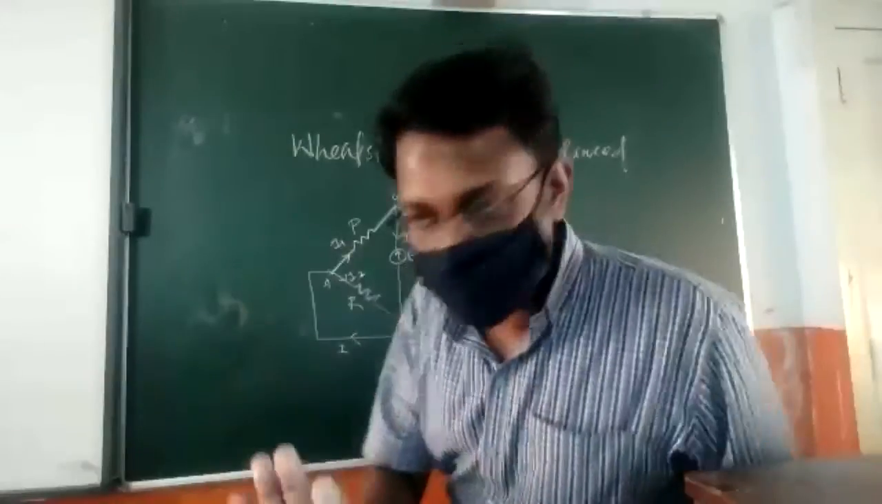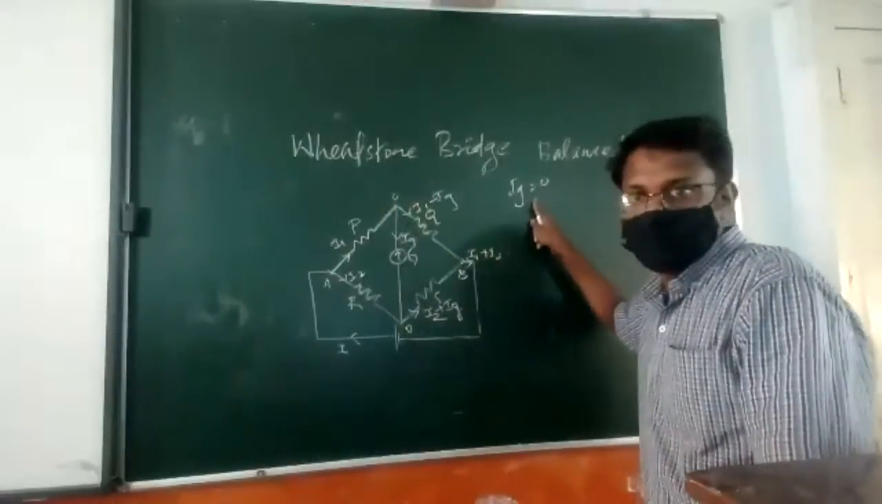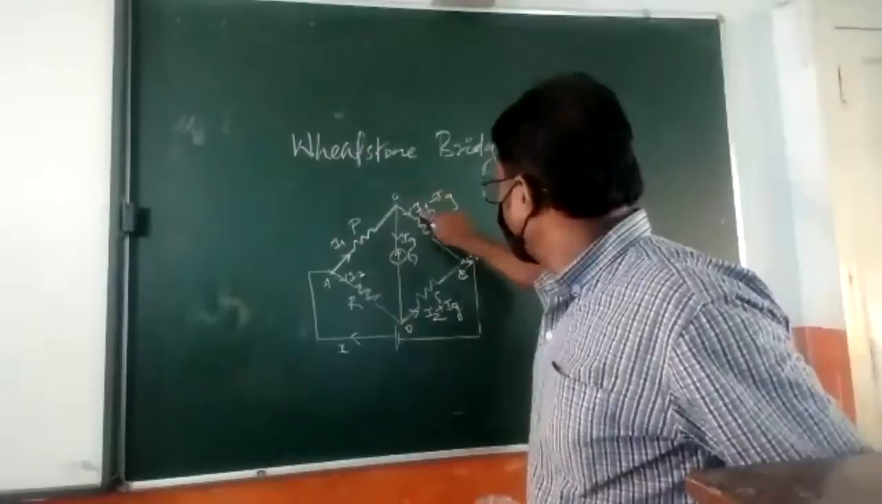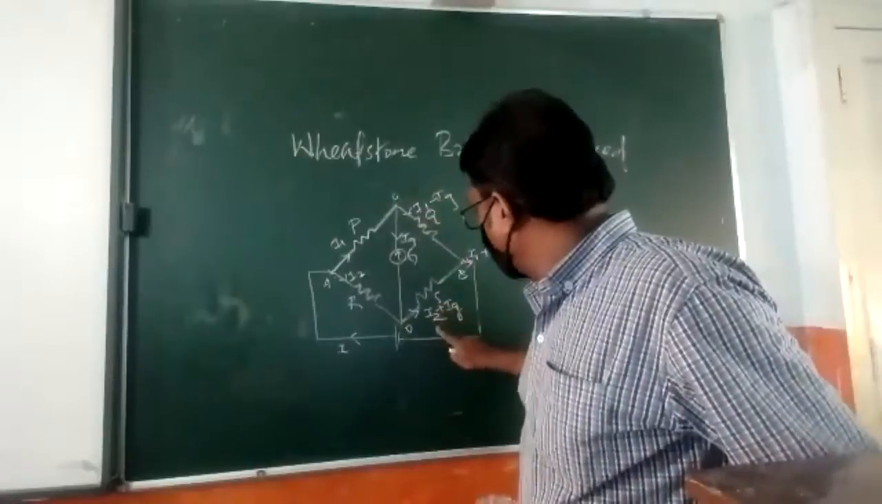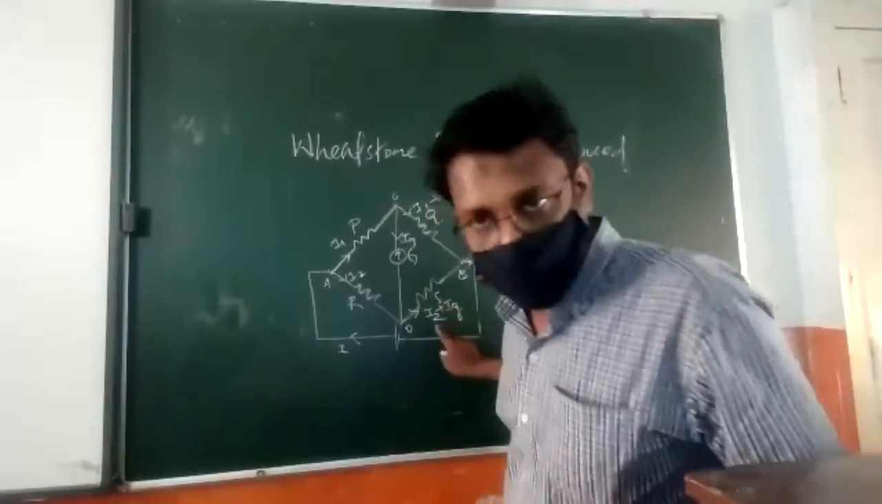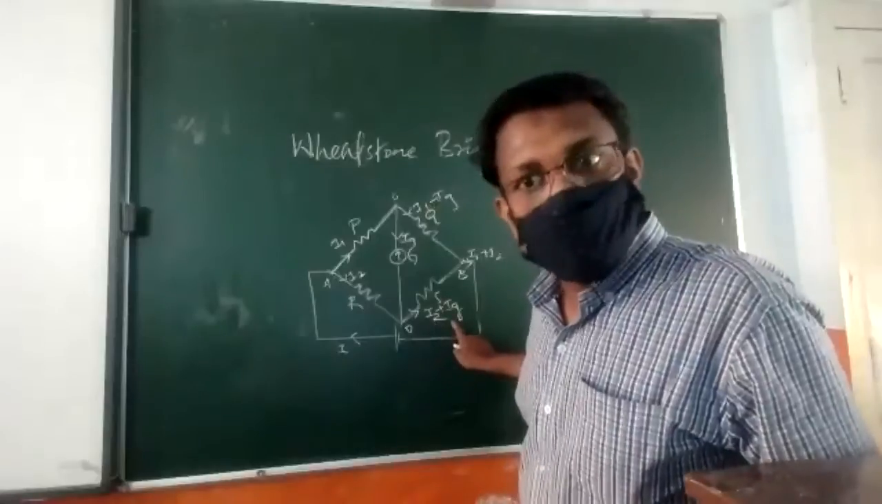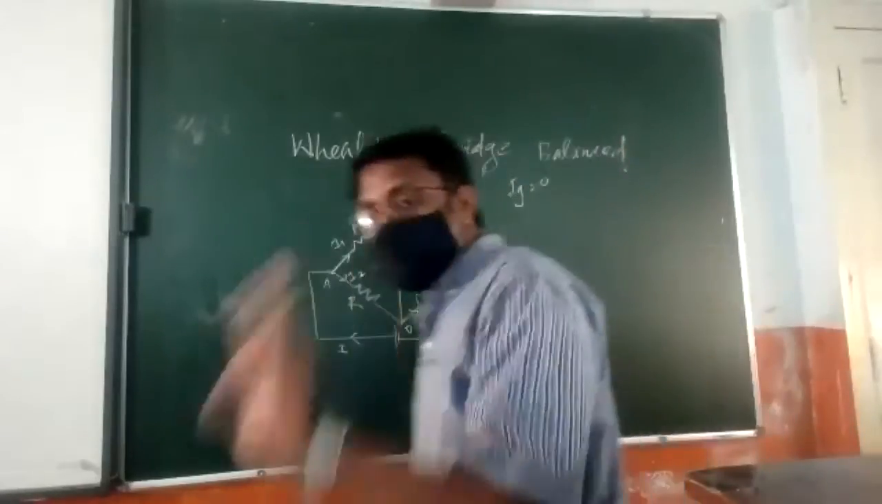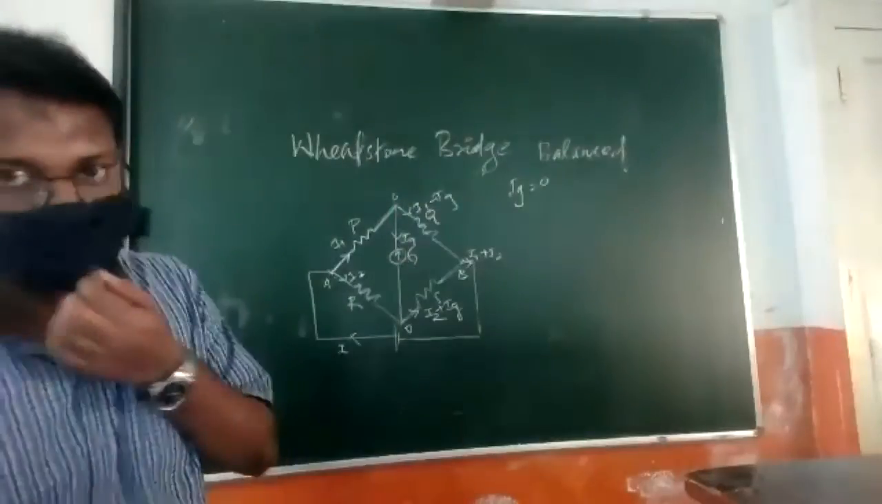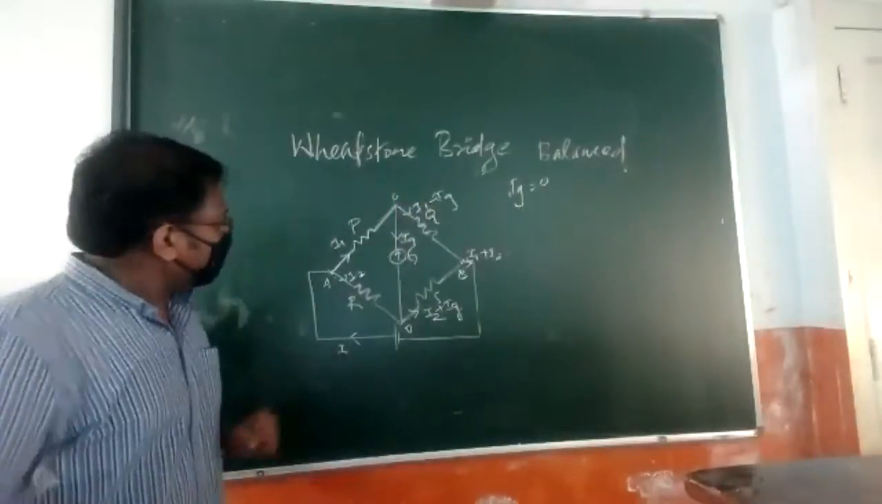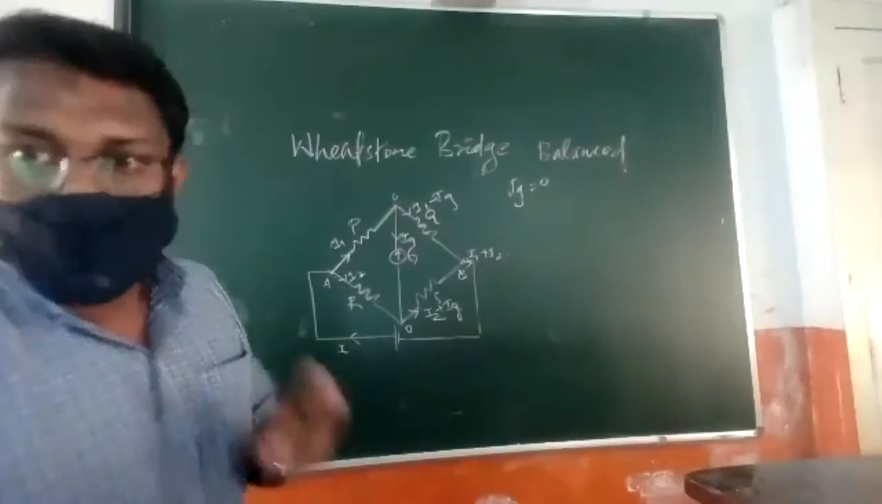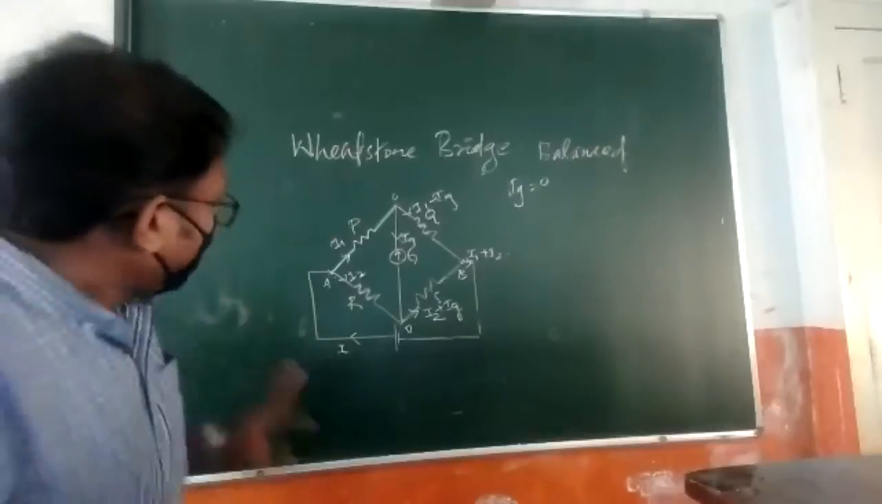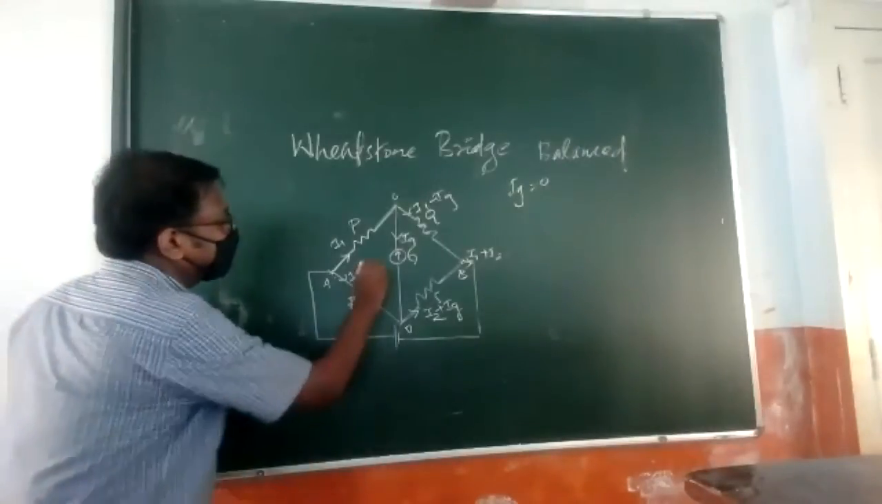If the Wheatstone bridge is balanced, then Ig is equal to 0. Then the current through Q will be I1 only, and the current through S will be I2 only, because Ig is equal to 0. So that is the balanced condition. For the balanced condition, Ig equal to 0, and at that time, when you are writing